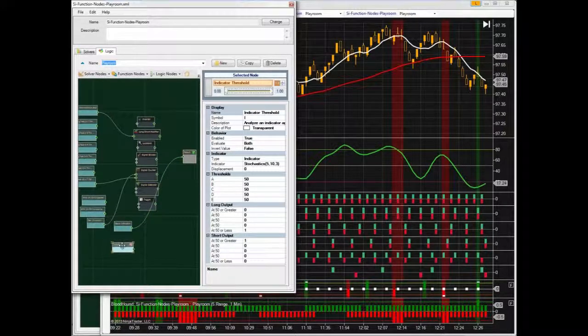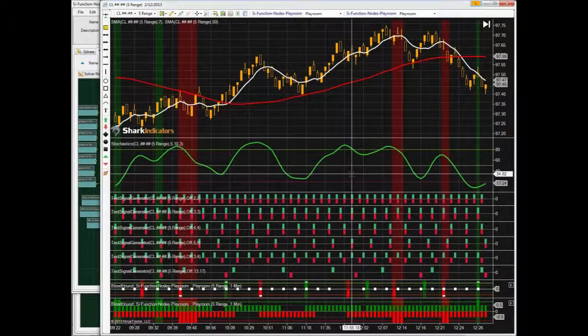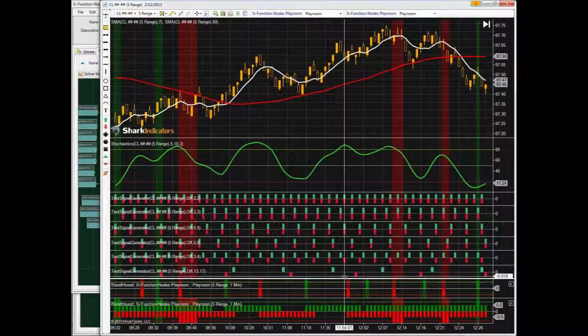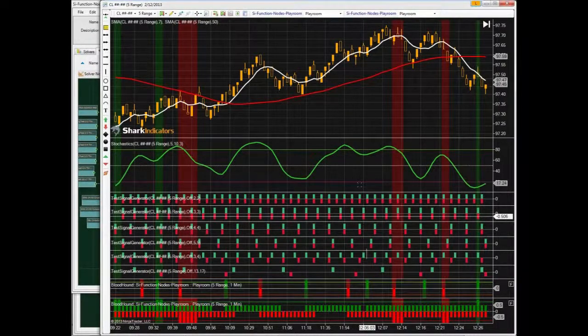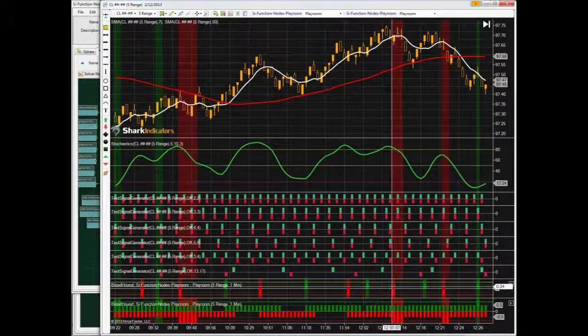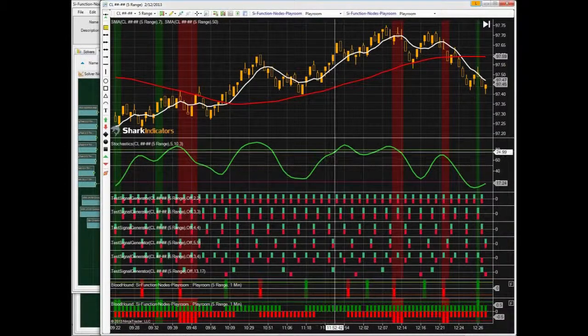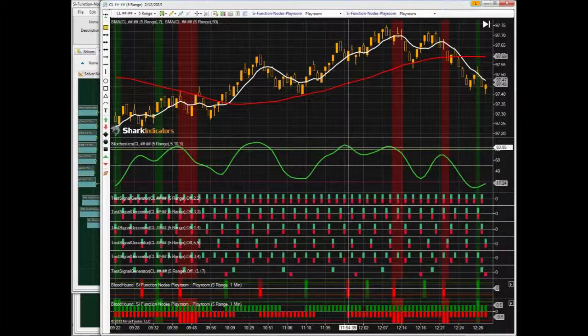All right. So we can see it here. This BloodHound here up on top is marking all the inflection points of the stochastic. And so right here, when we get this first inflection right here, we can see that function node is giving us a value of 0.5. Right, since we're counting up to 2, since we're counting 2 occurrences